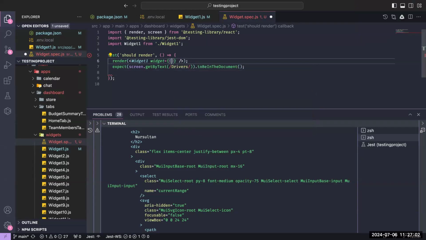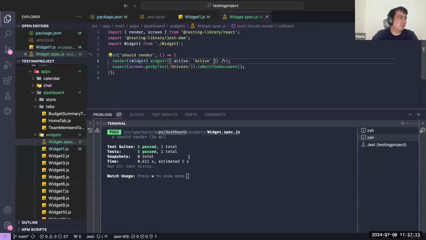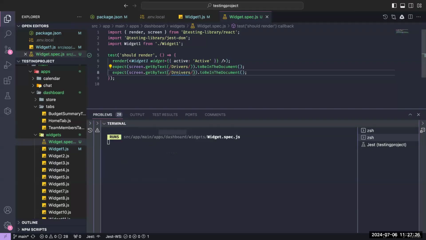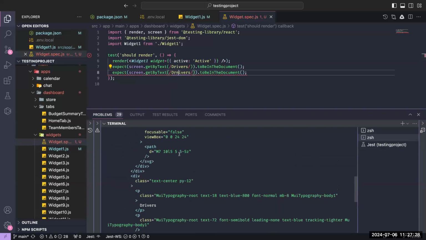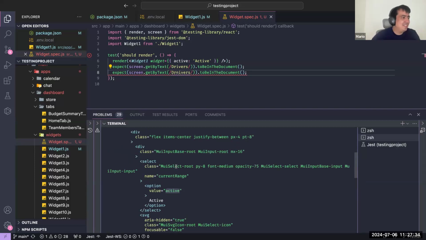It's coming with the data. I just wanted to see if I am not lying to you. Yeah, it is related to data. It's getting data and based on it, here it is. Option is active and exists. Then in this case, if I pass active,